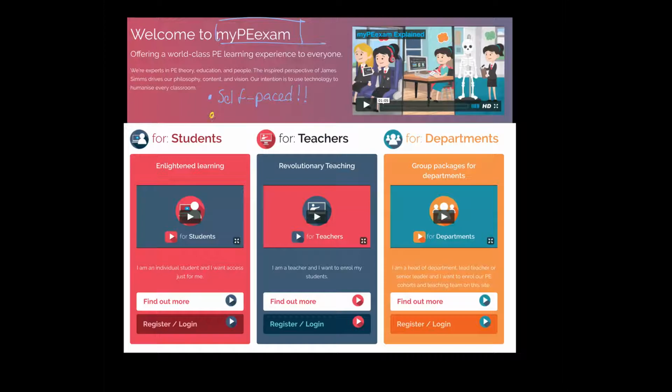And the other point I'd like to make for you is that the site is based on a principle of mastery, and I'm going to demo some of those concepts for you in a few moments' time. But whether you are a student or whether you are working with students as a teacher or member of a team, we expect that the objective for all learners is mastery.